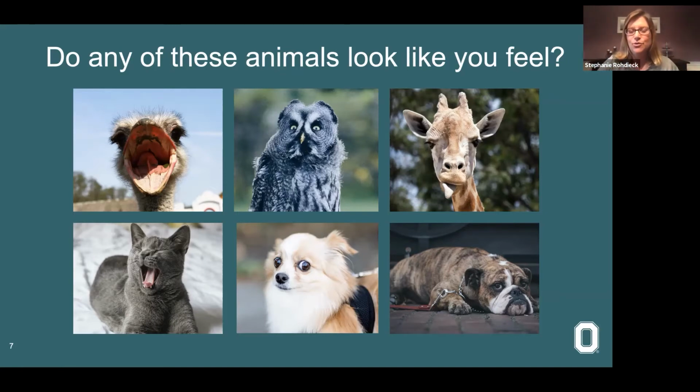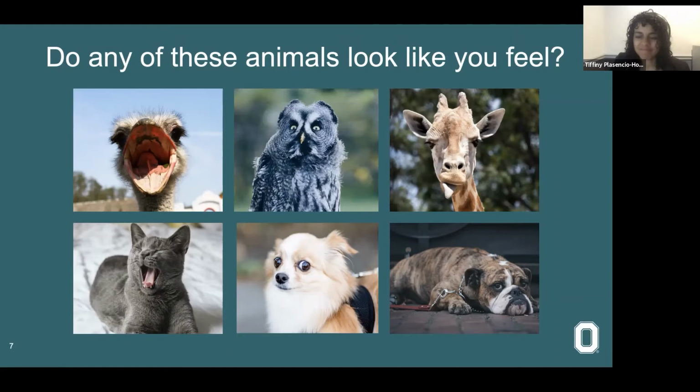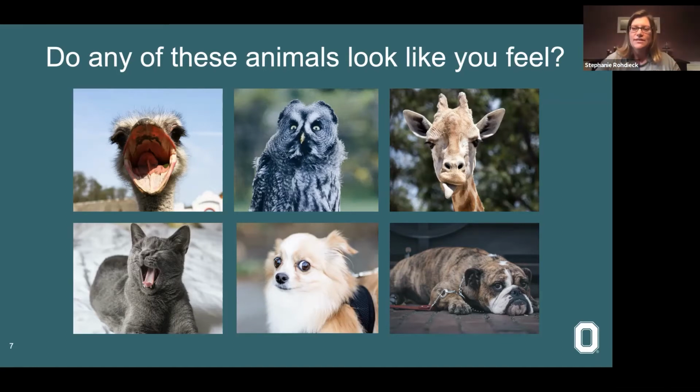Or any other emotion words you would like to throw out there. We got a few bulldogs today. I saw a couple cats. Yes. There we go. A few. That little dog there at the bottom, that kind of freaked out one, that's how I am feeling, I admit, a little bit like that. Although I'm doing a workshop, so of course my energy is up. So I'm a little bit like an ostrich today too.